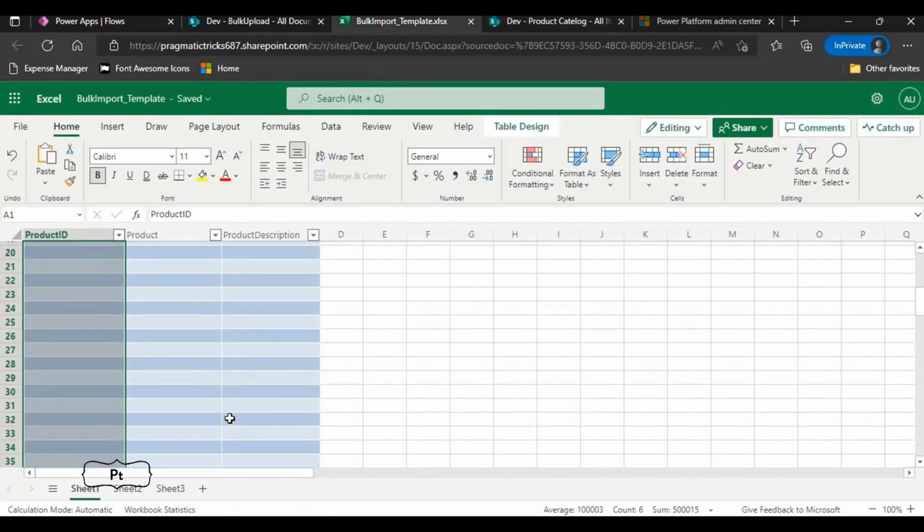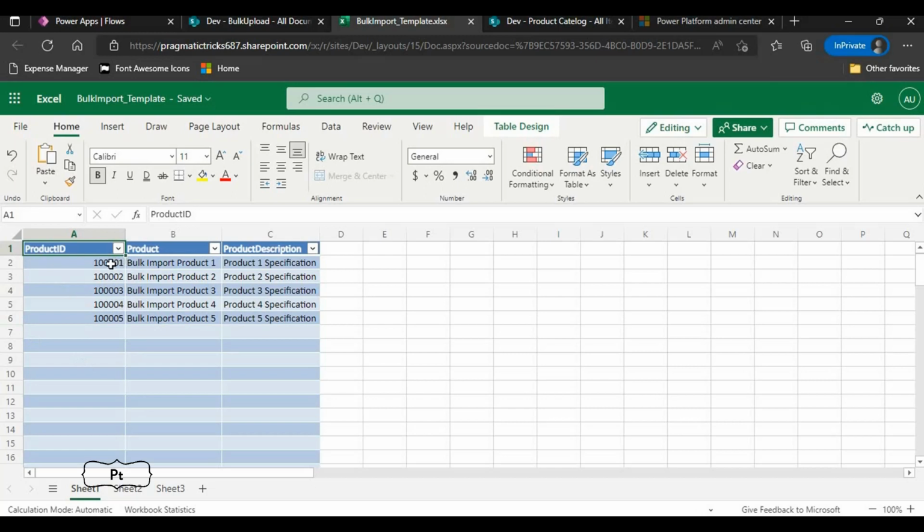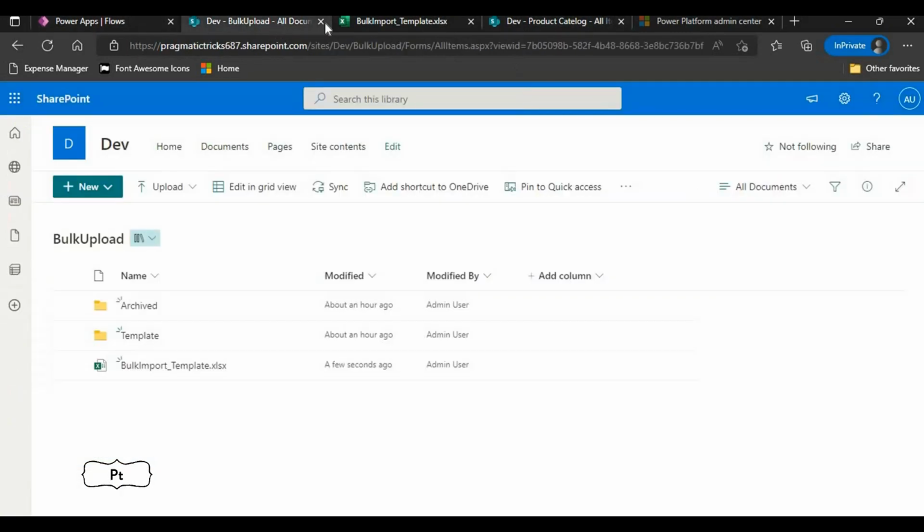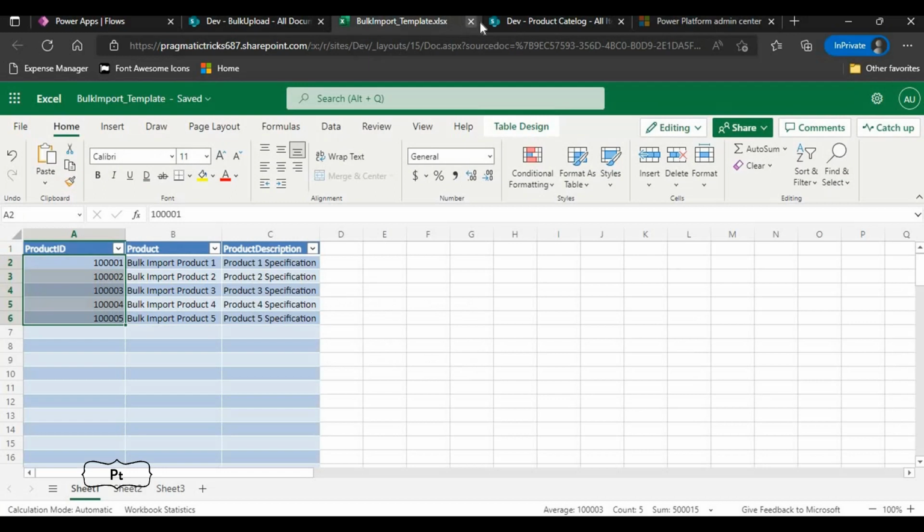So we are having 5 records in the Excel. So now all the 5 records are imported successfully into the SharePoint list. Now what I do,